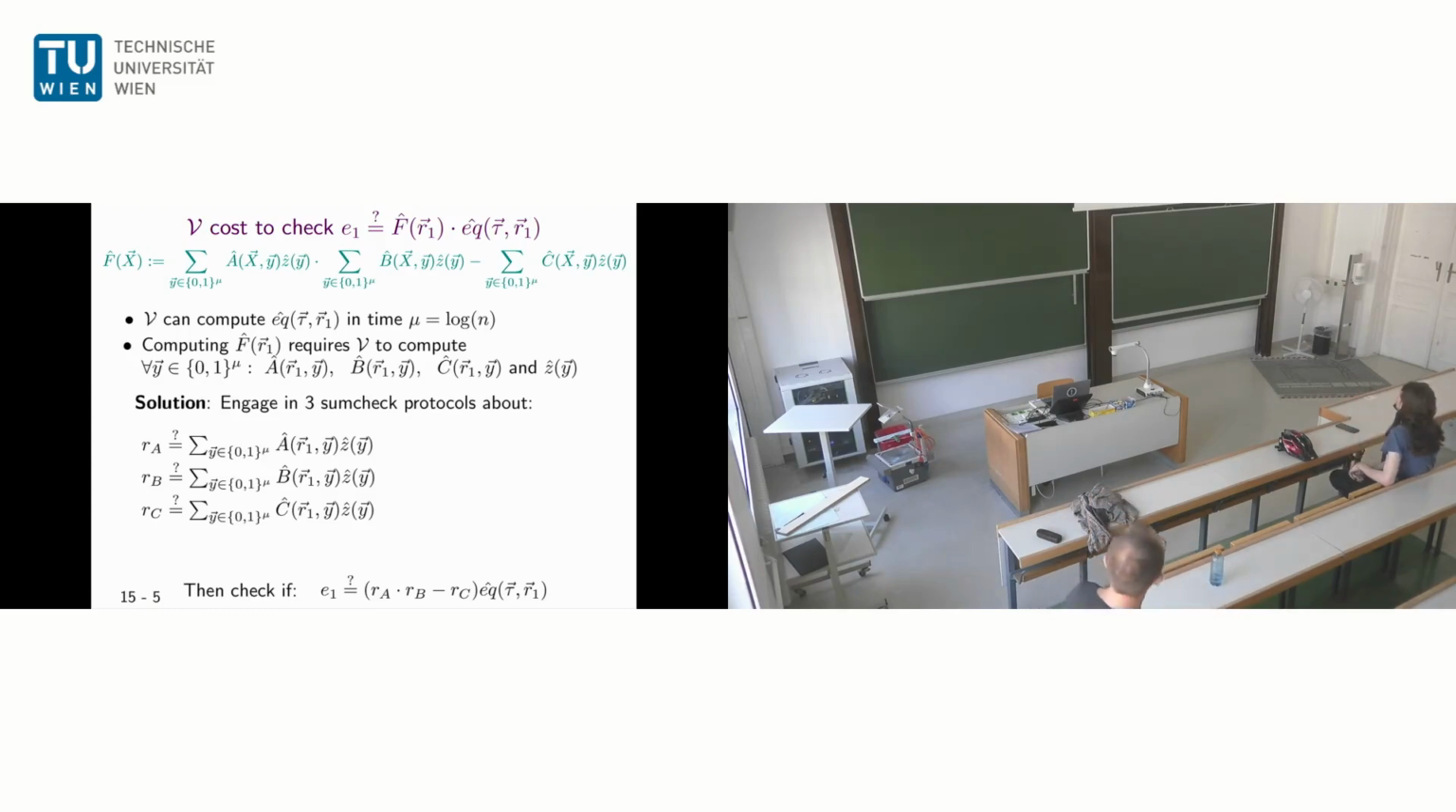So we have those three claims, okay? Computing them on our own would be too much work, as I showed you. But let's again let the prover tell us what this thing evaluates to. Let him tell us what this evaluates to, and what this evaluates to, by again applying Sumcheck. So now we have three Sumcheck claims